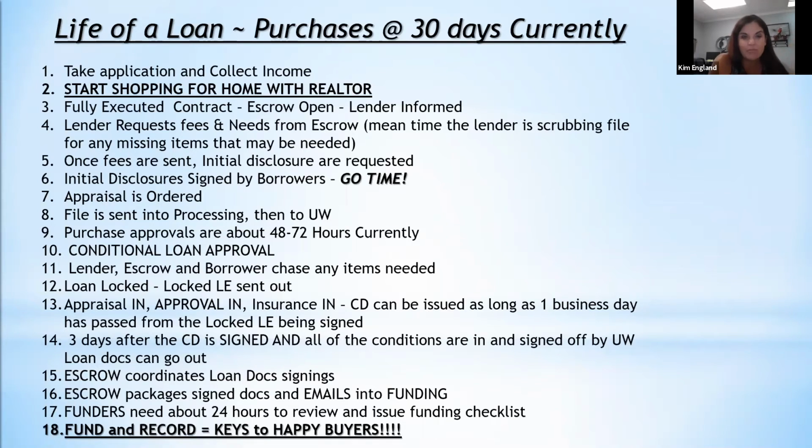Underwriting turn times right now for purchase are roughly about 48 to 72 hours. On a refinance, about 7 days, but that's typical right now for the industry. But purchases are still about 48 to 72 hours, which is 3 days max. So if I submit a file on Monday, by Wednesday night or Thursday morning, I'm going to have that in my hands. When an approval gets issued, it's always, not always, 99.9%, a conditional approval.